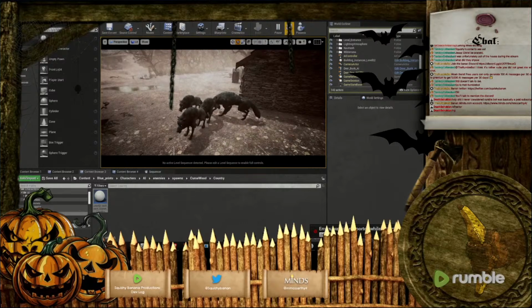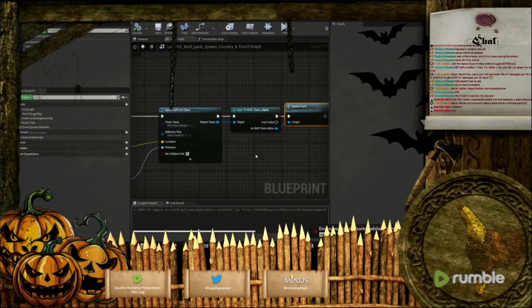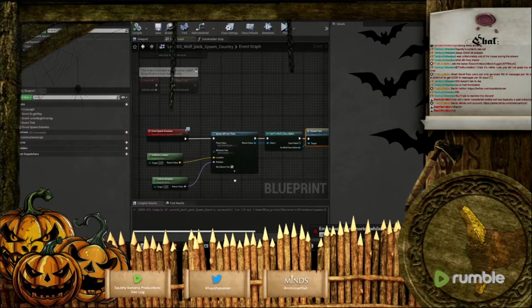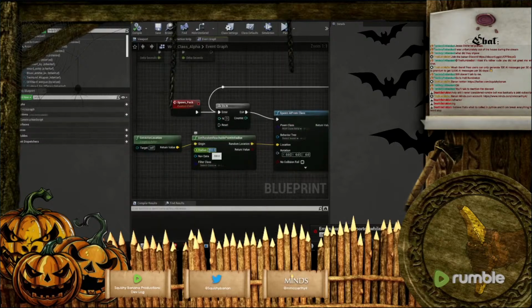That more or less works. The only thing I don't like is this range needs to be bigger. So what if we made this 1,000? Now it is random,